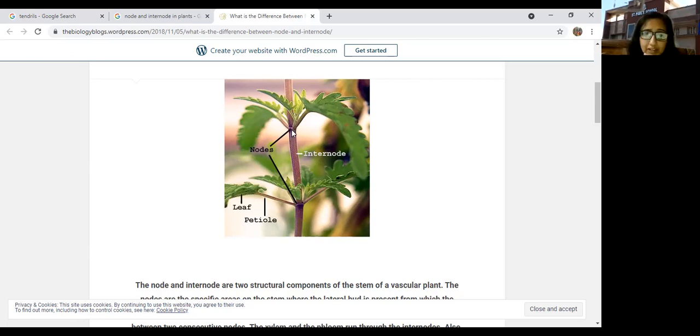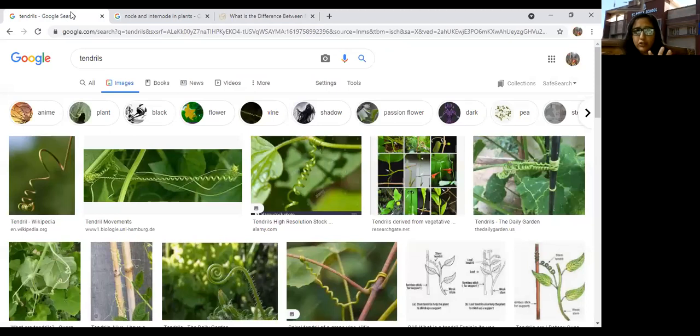So these are the points, these two, 1 and 2. These two are the points from where leaves are growing. So these points are called nodes. The points on the stem from where leaves emerge are termed as nodes. These two are nodes, and the distance between them on the stem is called an internode. Fine. So this is what we say a node or internode, and here tendrils. I hope these terms are clear to all of you.